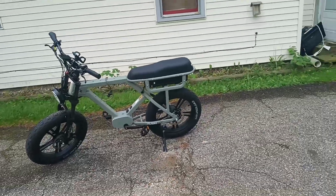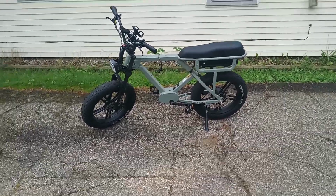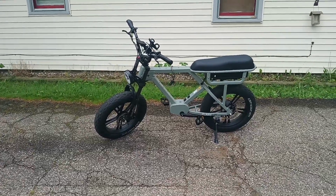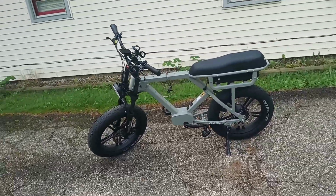I wouldn't mind trying a mid-drive bike. I just don't know. I've never driven a mid-drive, actually. All the different e-bikes I've driven, I've never run into anybody with a mid-drive one. I've seen them at the bike shop, but I've never, like, driven one. I don't know if the bike shop would let me drive one. I should see sometime, but